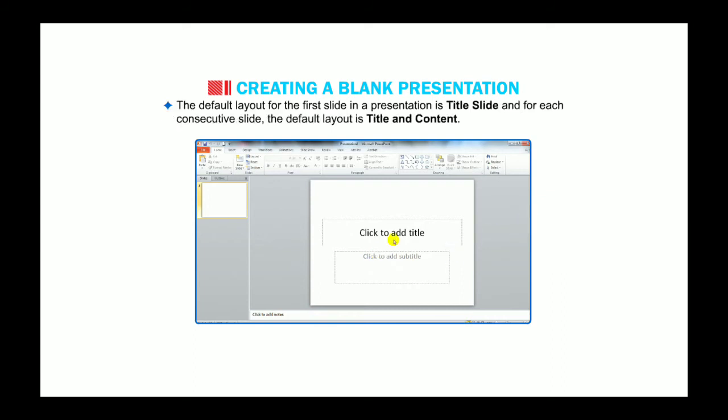The default layout for the first slide in the presentation is title slide, and for each consecutive slide, the default layout is title and content. Here you can see the first slide of the presentation, and this is the title slide. If you want to add another slide in this presentation, then the layout of the slide will be title and content.